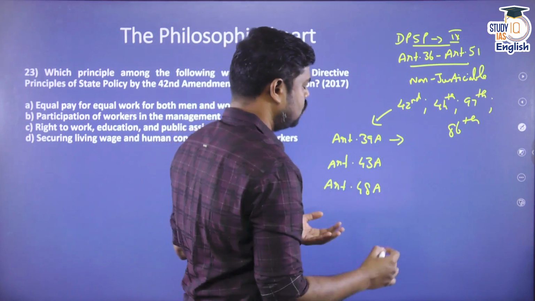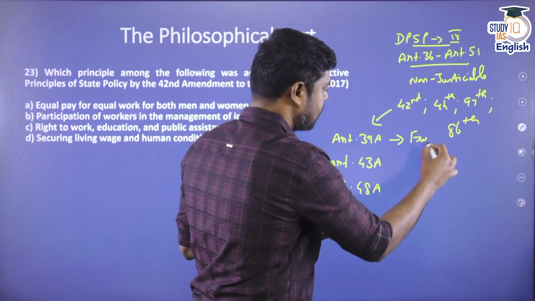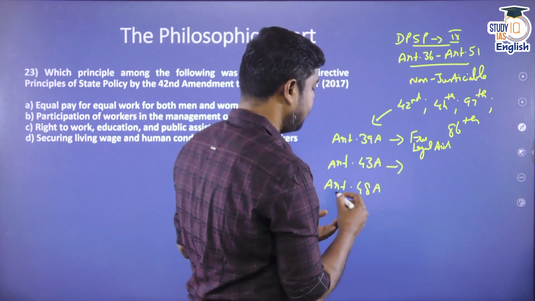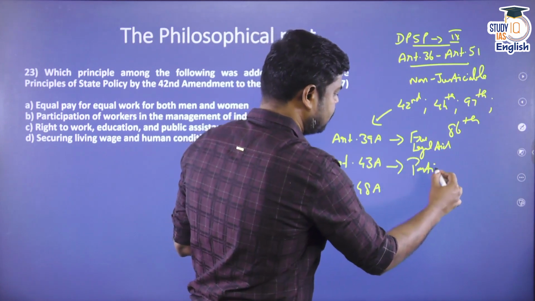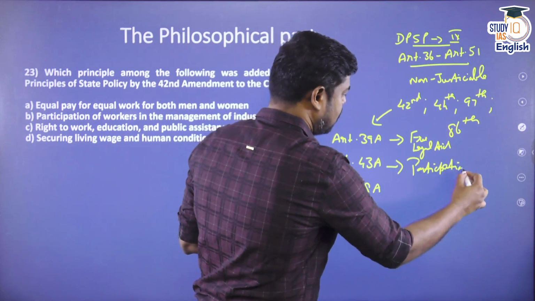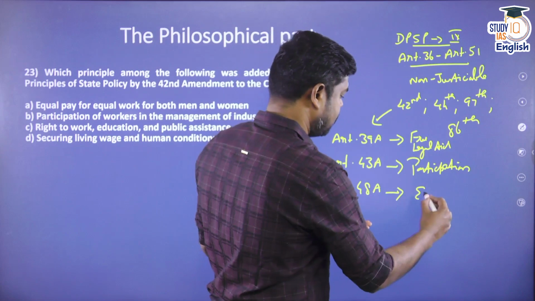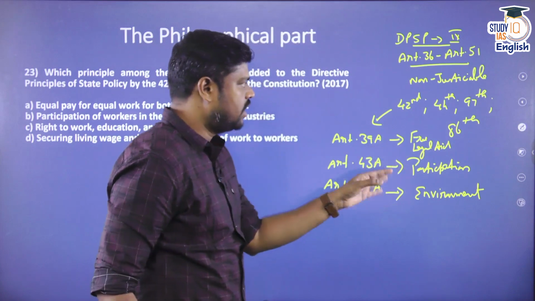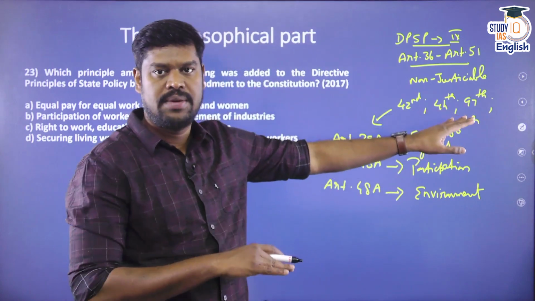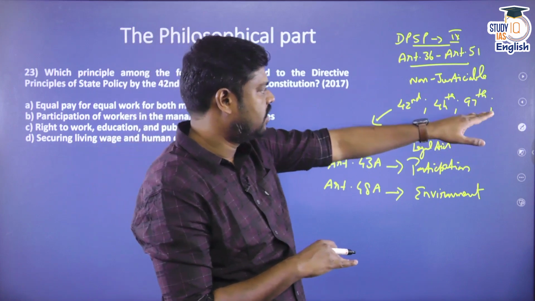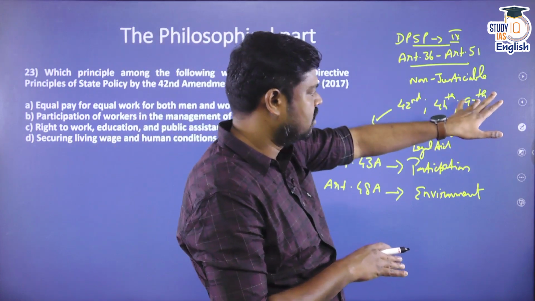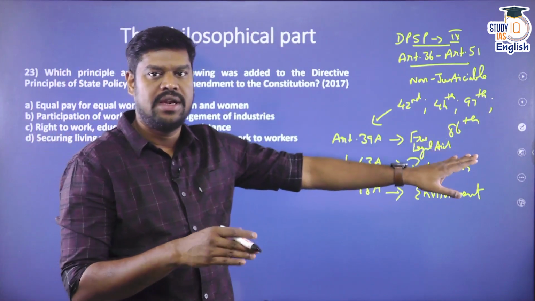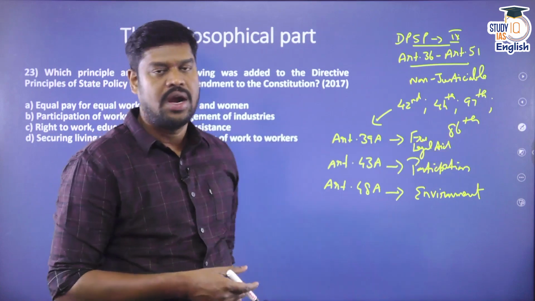So Article 39A is related to free legal aid, free legal aid to the poor, was added by this, and Article 43A is related to participation of workers in management, and Article 48A is related to protection of environment and wildlife, that the state shall take measures for all these things. So, simultaneously you also revise what was inserted by the 44th Constitutional Amendment Act in 1978, and the 97th Constitutional Amendment Act inserted cooperatives. The 86th Constitutional Amendment Act inserted early childhood care under Article 45.